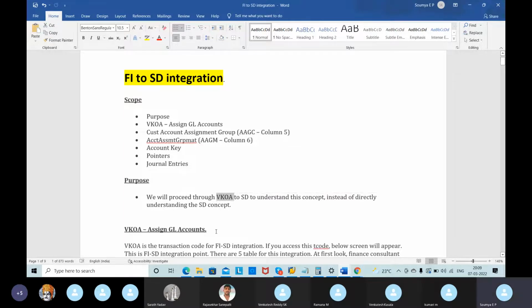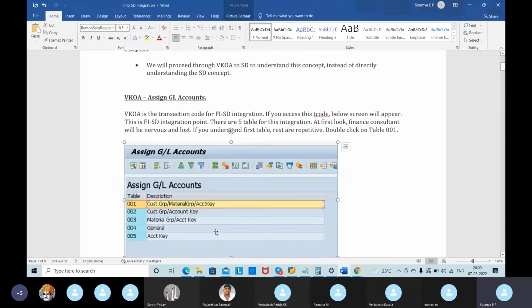Coming to VKOA, assigning the GLs. VKOA is the transaction code for FISD integration. If we access this code, the below screen will appear. This is the FISD integration screen. There are 5 tables in this integration. If we understand the first table, the rest are repetitive. If we double click on 001, that is customer